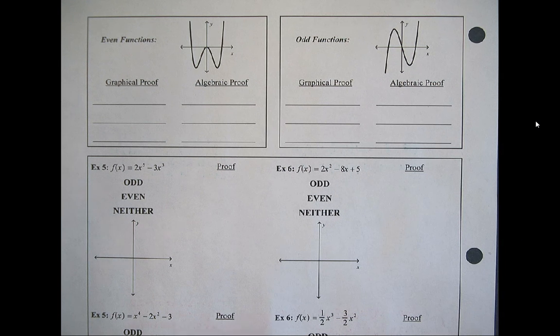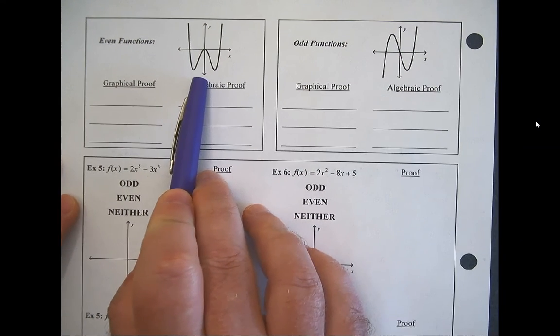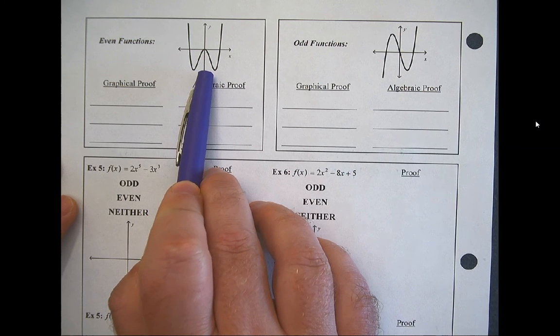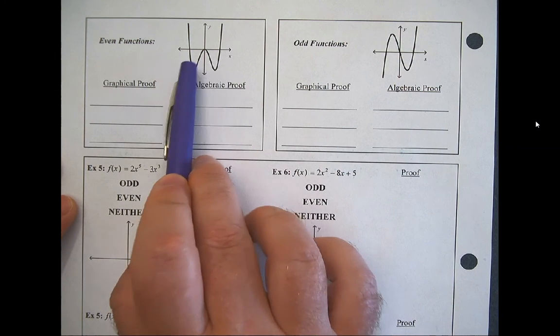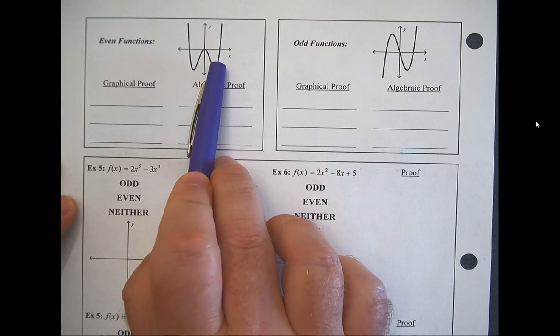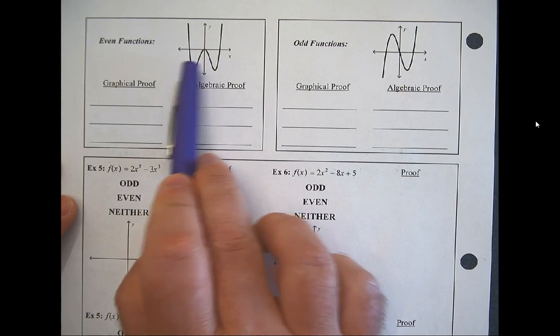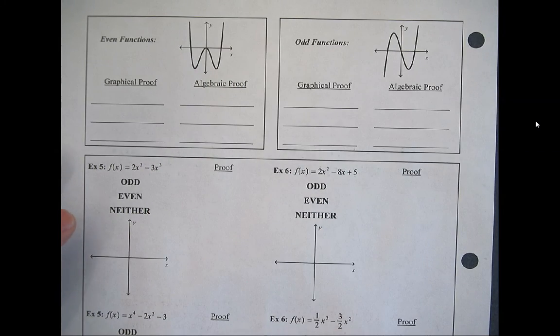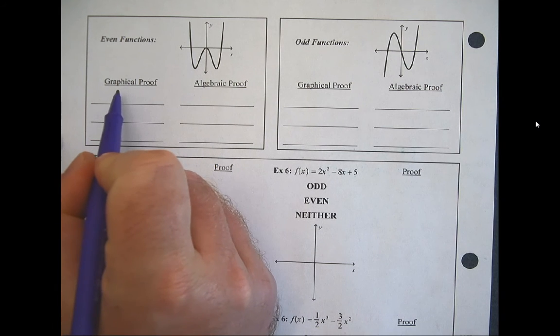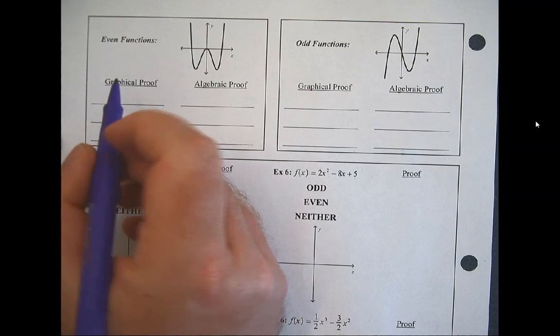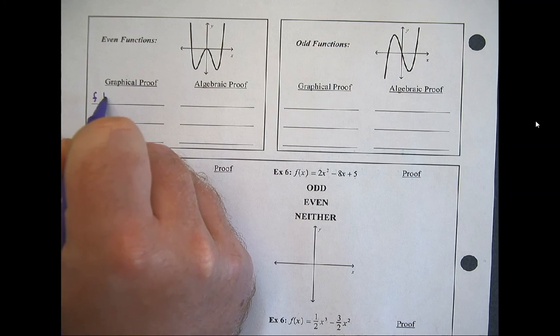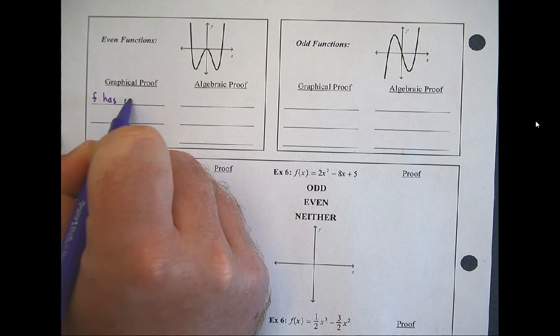What do you notice? So we always talk about symmetry when it comes to graphs. What kind of symmetry does this graph have? Think back to your geometry days. This is what we call reflective symmetry. Now, you can't just say reflective symmetry. You have to be reflective in some direction or across something. So if you're going to use the graphical proof for an even function, you would say f has reflective